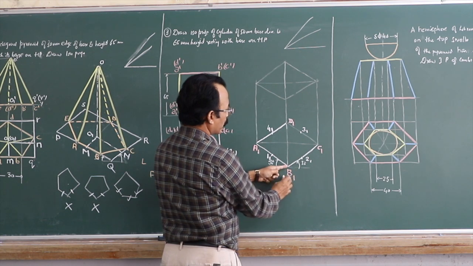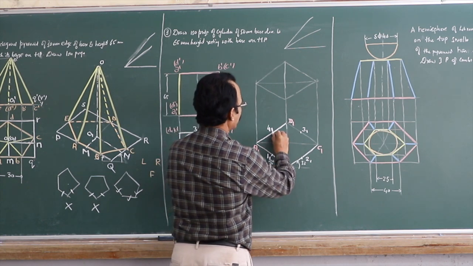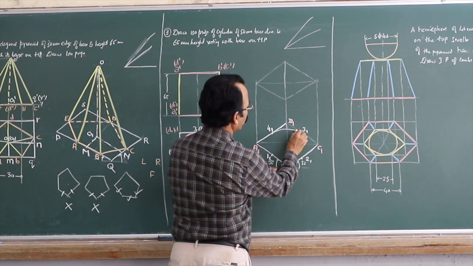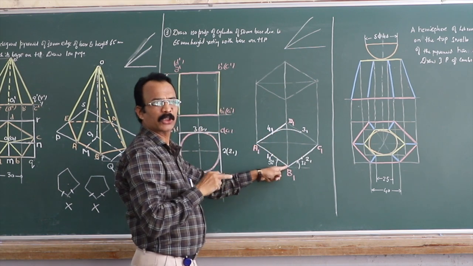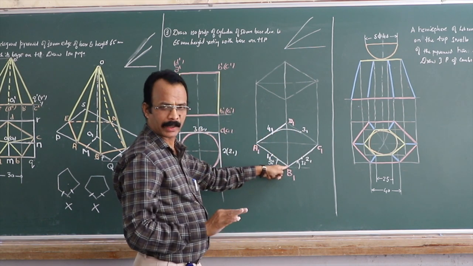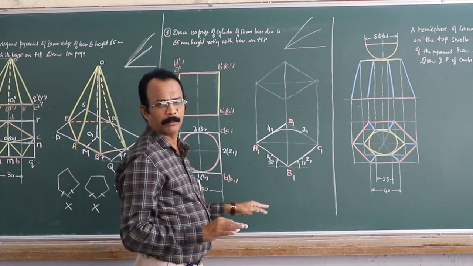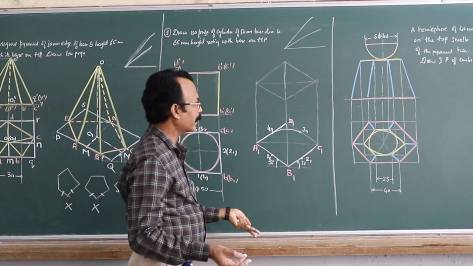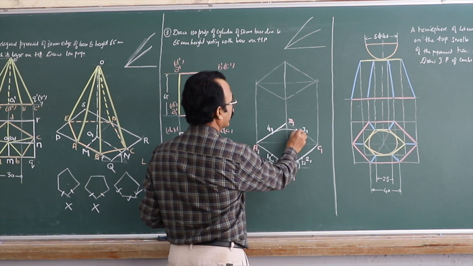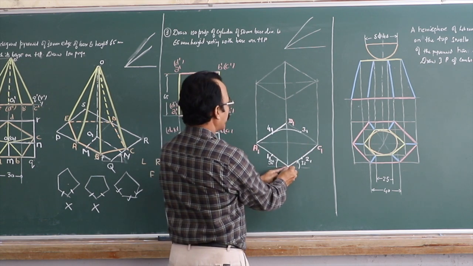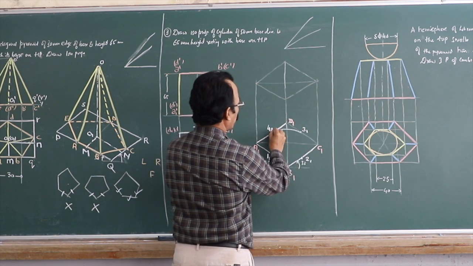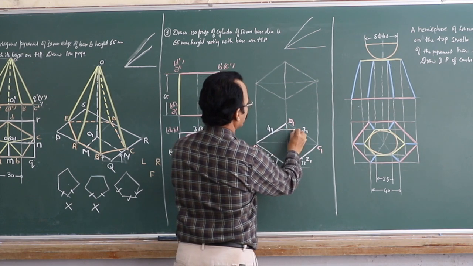With one end of the shortest diagonal B1 as center, opposite midpoints, draw the first arc. Now since it is a solid, don't draw it dark, right? Because some part will be visible, some part will be hidden. So we will draw it light line first. So from B1, opposite midpoints 4, 1, 3, 1, draw the first arc.